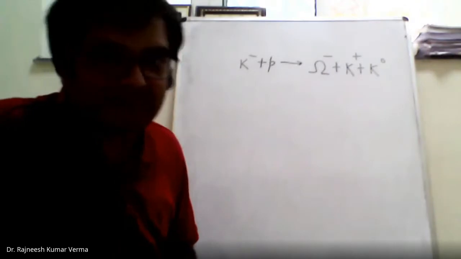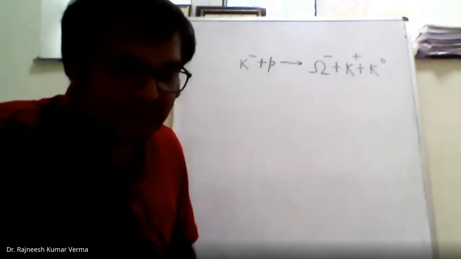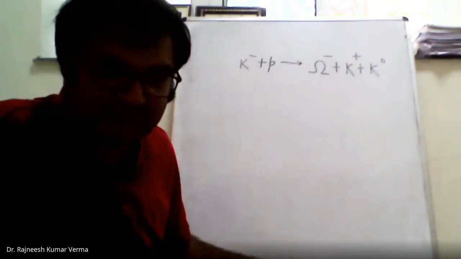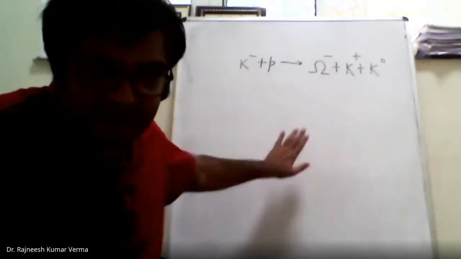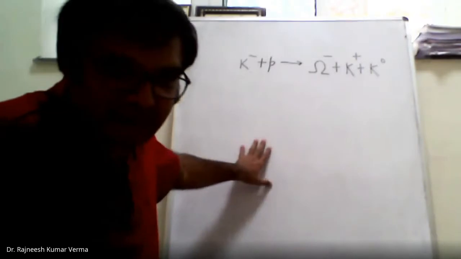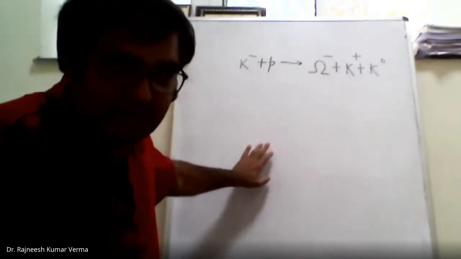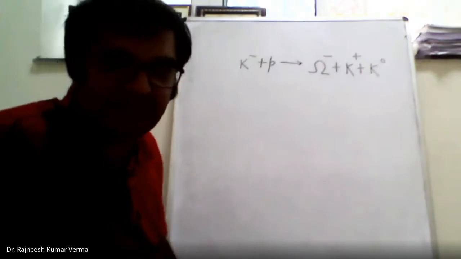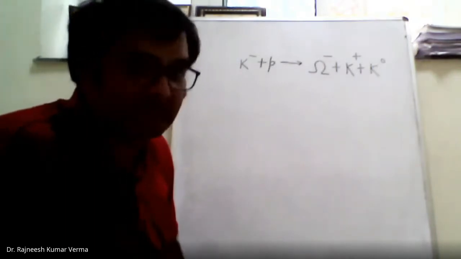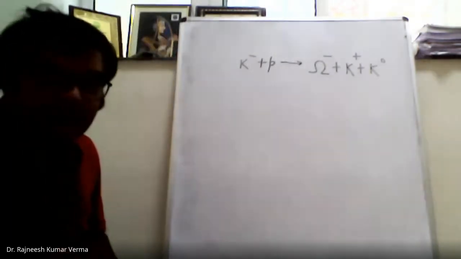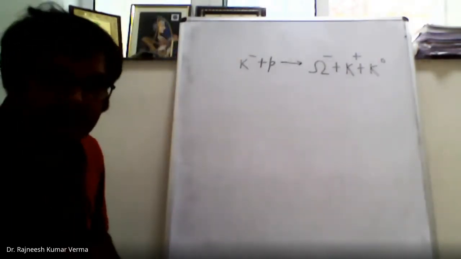So here, first of all, in order to check parity, we assume that all the conservation laws that have been checked yesterday are still holding here. So I'm not going to check those conservation laws again. Today, I will check only the parity conservation law in this particular case. Therefore, first of all, I will write the spin values.